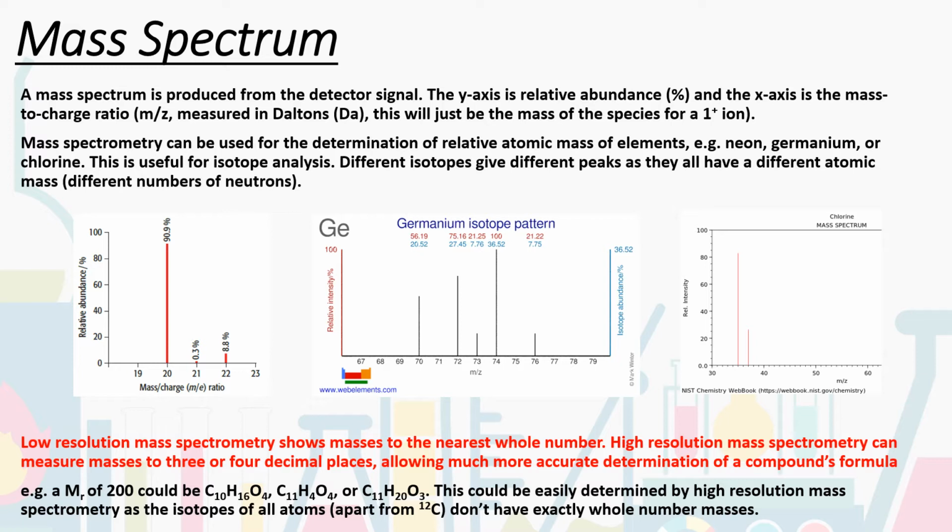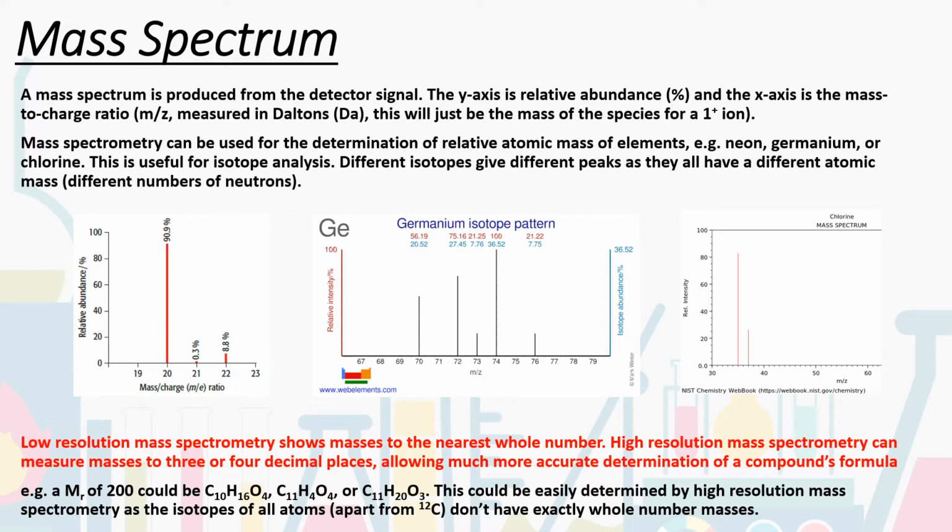and this allows much more accurate determination of a compound's formula. Because remember we said on the previous slide that it's only carbon-12 that we define to have that completely round number of 12 as an atomic mass. Everything else will not be a whole number. Even if it takes 3 or 4 decimal points to get there, we will have a slight difference compared to just a whole number. And so, for example, if we have a relative molecular mass of 200, well, that could